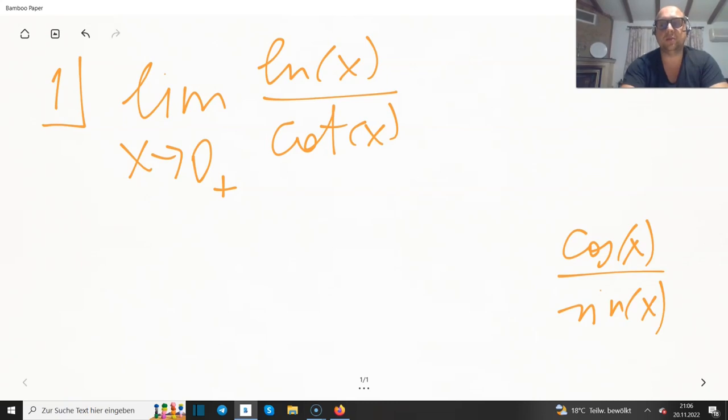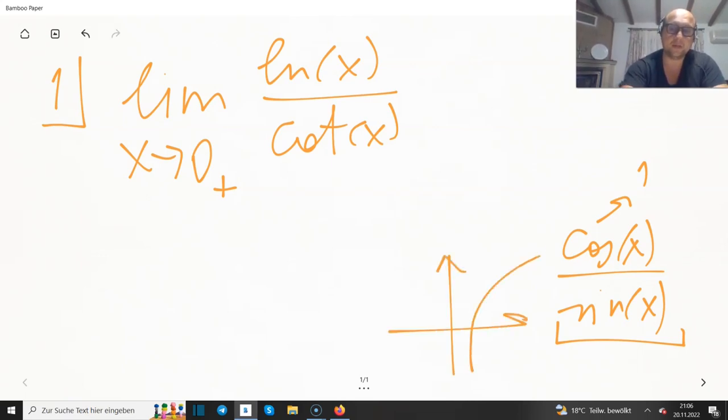So the cosine is approaching 1 as x approaches 0, and the sine is approaching 0 from the positive side. So we're dividing by a very small number, so it's getting to plus infinity, and ln is getting to minus infinity. I hope you remember how the graph of it looks like. So basically, this is the case minus infinity divided by infinity,